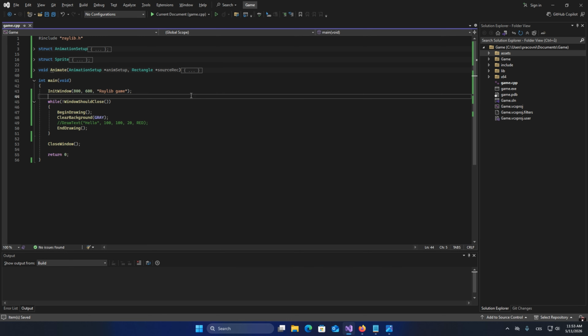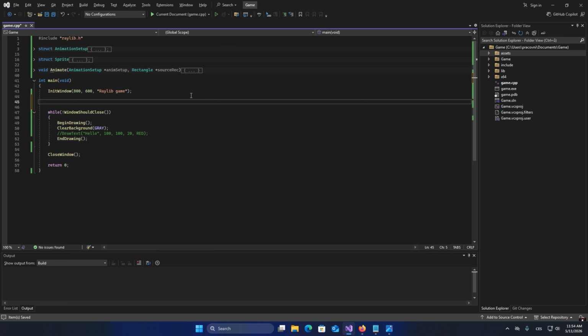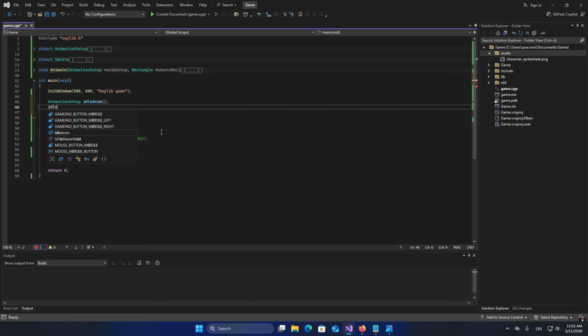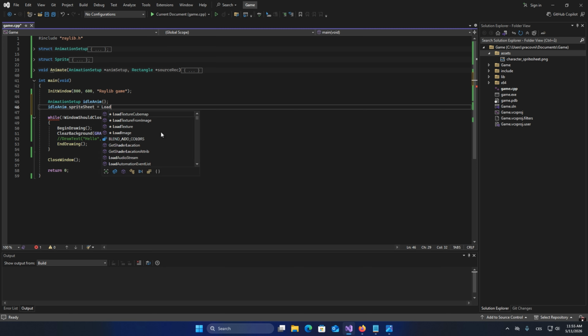That should be all the animation logic we need. Now let's initialize the sprite sheet and draw the animation. We will start here in the main method with initializing the animation setup. Let's call it the idle anim and initialize it empty. Let's do idle anim sprite sheet, and we will initialize it with the load texture function, and we will use our sprite sheet here. Let's do path to assets,